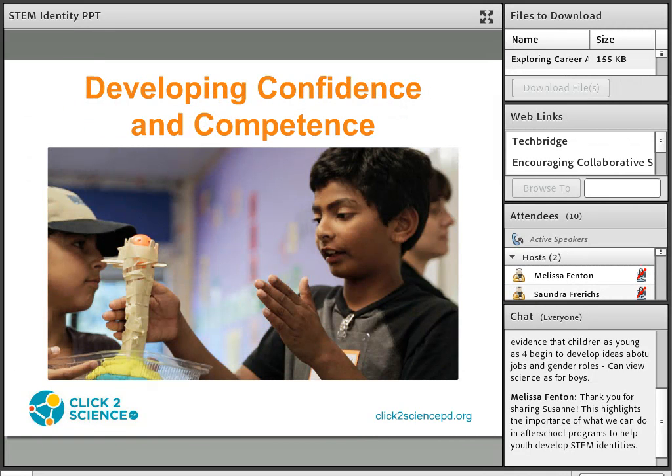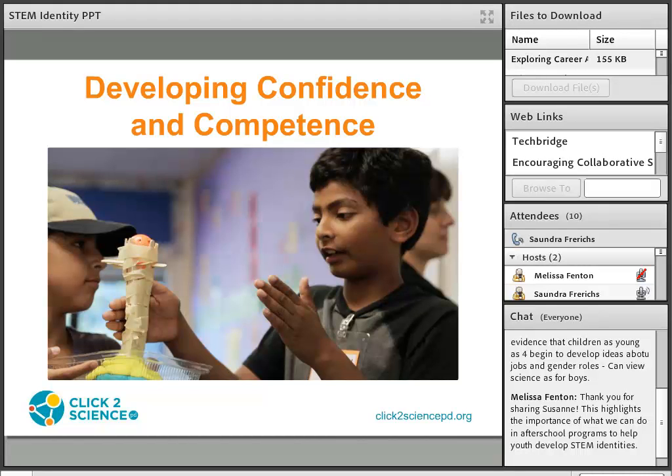Strategies that we can use for helping youth develop their confidence and competence in their ability to solve problems and answer questions. When youth are solving problems, it is important that they own their solution and that the solution works. You build confidence when you demonstrate your confidence that they can solve the problem, and you don't need to come up with the solution for them. You may need to allow extra time for them to test their solution and maybe change it, but it's important to give them the ownership.